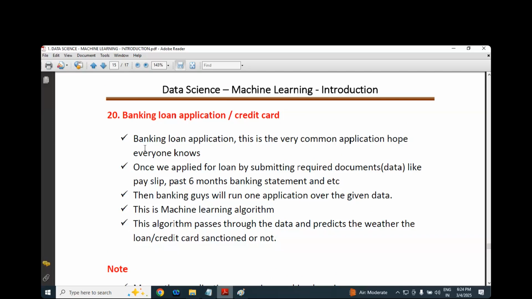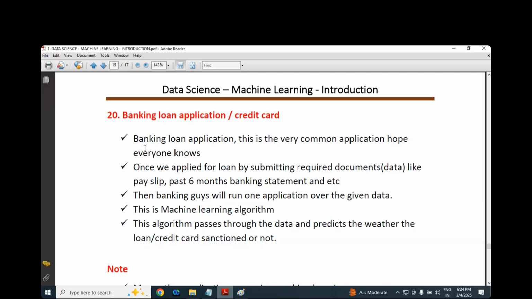Then the moment we said yes, we are ready to take it, immediately they asked something. What did they ask? "Sir, share your last 6 months bank statements, then last 3 months pay slips. You have to share them. Then your Aadhaar card, your PAN card, all these things you have to share." We sent our data. I have sent, and Mallesh also sent. Then that bank guy told, "Sir, we have to wait 24 hours." I was wondering what is going on. It's okay, we waited.